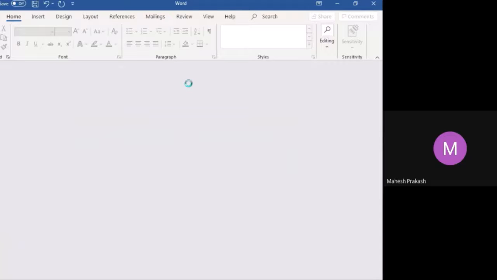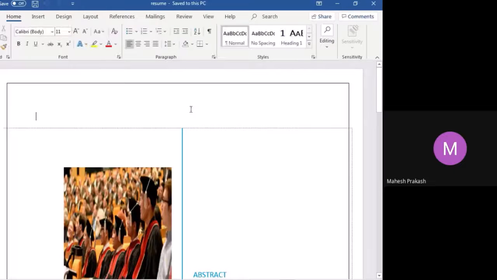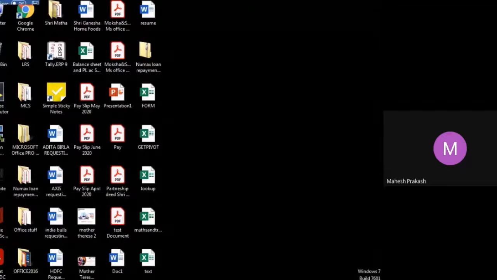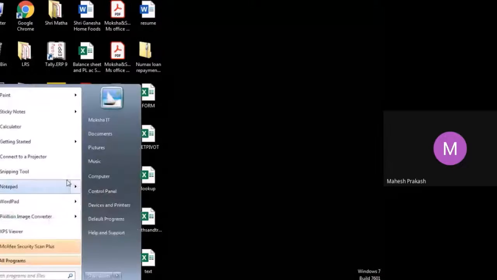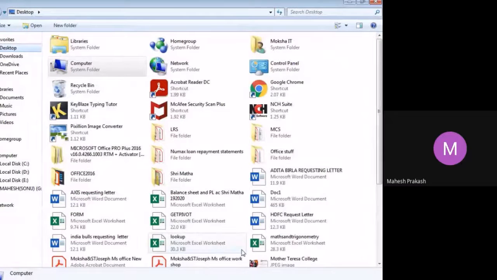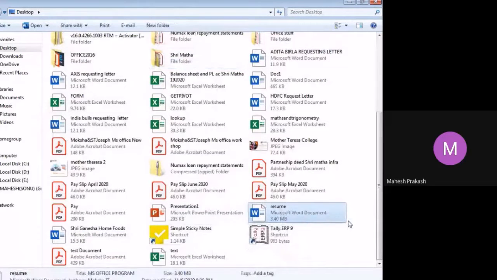Okay, so this is the abstract, and I'll close this. From here, when you go to desktop, where is that form? Resume. Okay, so this is my link.